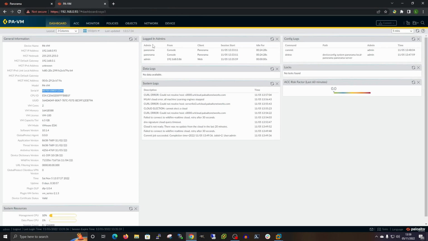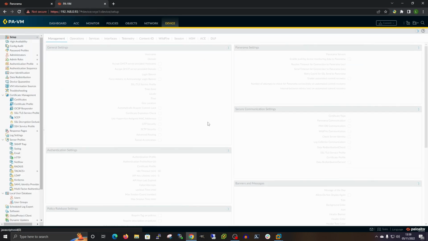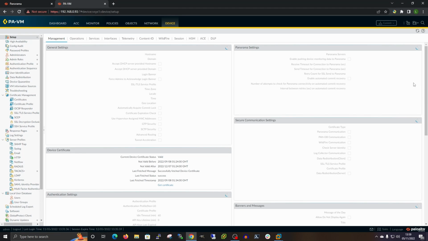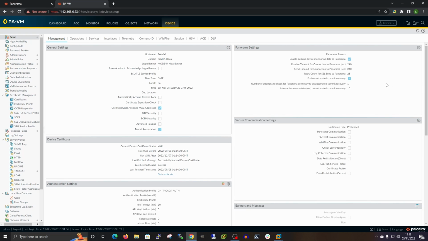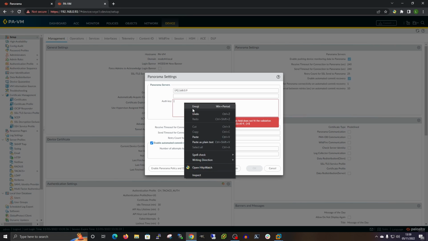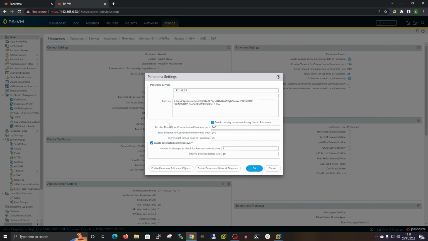Okay, so I can come back to my firewall now. Go to device. And this is another important step as well, and something that did catch me out a few times. I'm not saying I'm thick, but it did catch me out a few times. So I'm going to put our IP address in here, which is that one as far as I can remember, and I'm going to put my auth code in there. And that's all good. But if I was to click OK now,